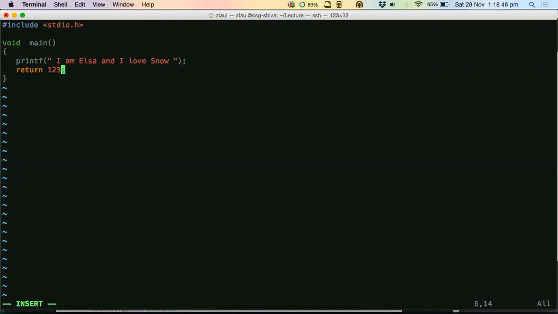Yes, sir. But if something happens in between, let's say there are 1,000 lines before the return in main, and in one of those lines something very bad has happened, your program won't even reach this line. From the line where the error happened, an error would be returned to the operating system from that line itself. It will not even come to this return.